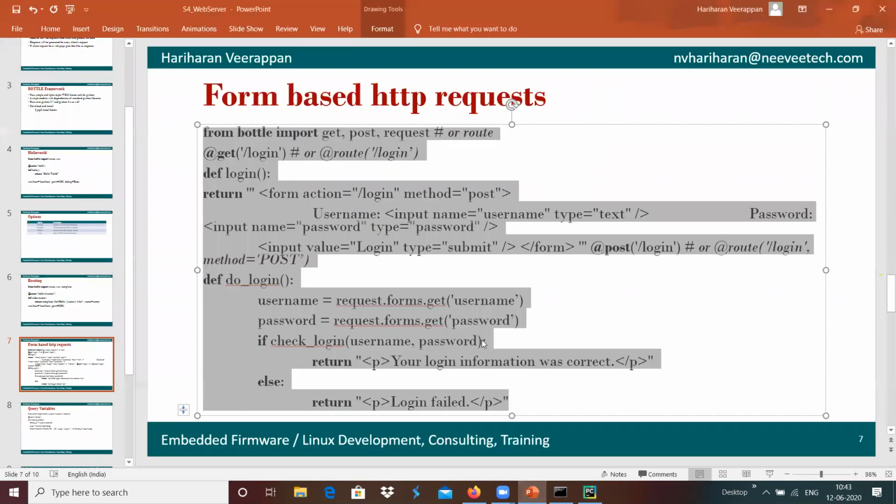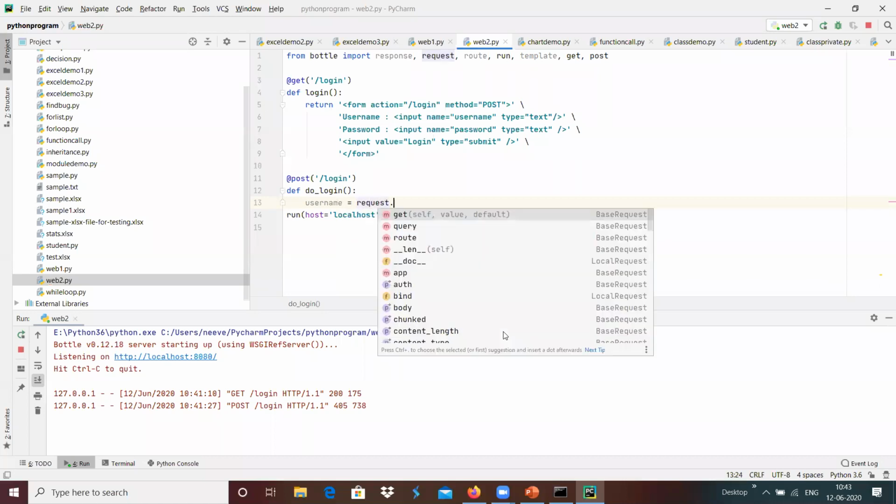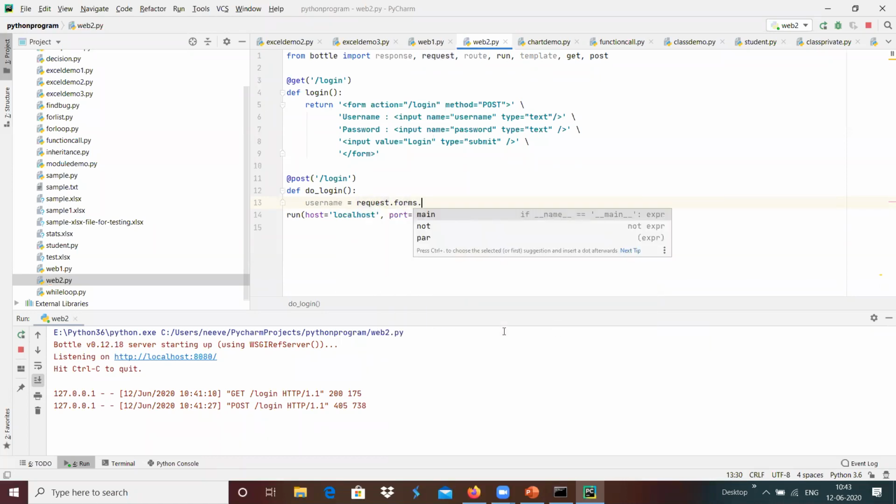For example, in order to receive the form's inputs, we can use request.forms. Maybe I'm going to use username equals request.forms.get of username over here.